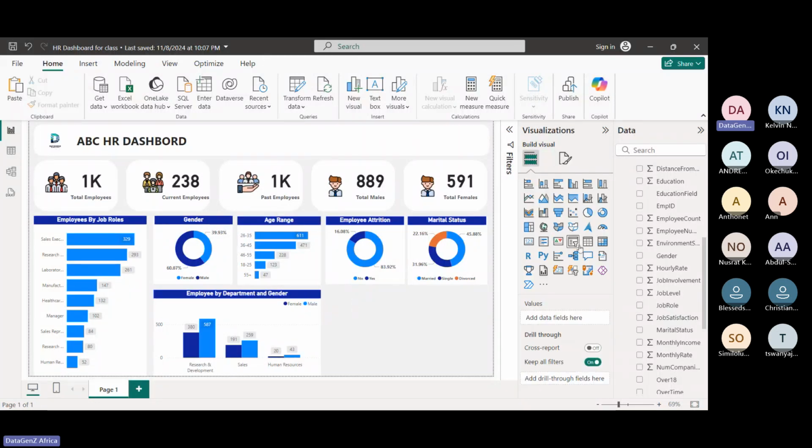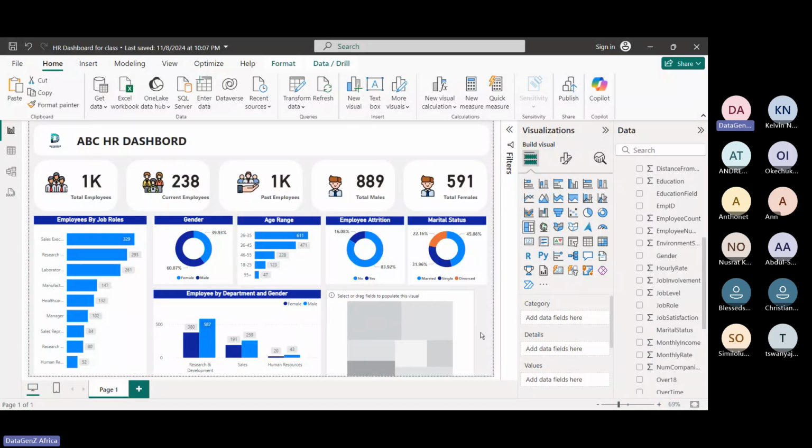That's the tree map. What the tree map does is that it helps you, you use it for count. At a glance, it shows you the number. It's just another way of presenting your visual. So we're going to do a tree map for education. Education has more categories, so we can use a tree map to represent education. So at a glance, we can know the total number of